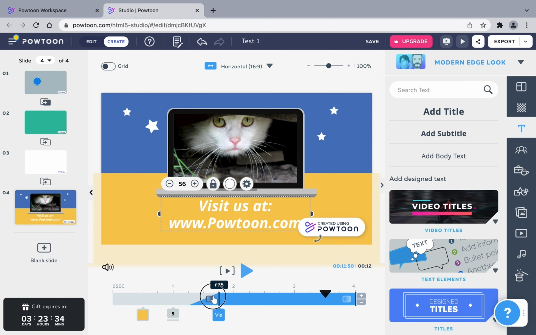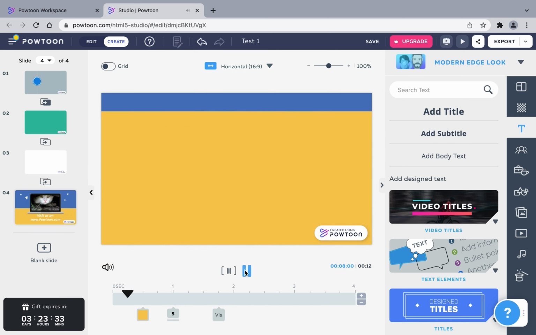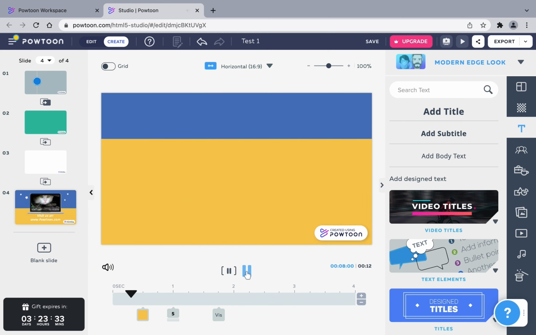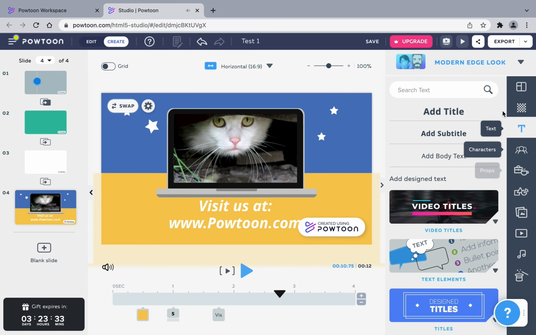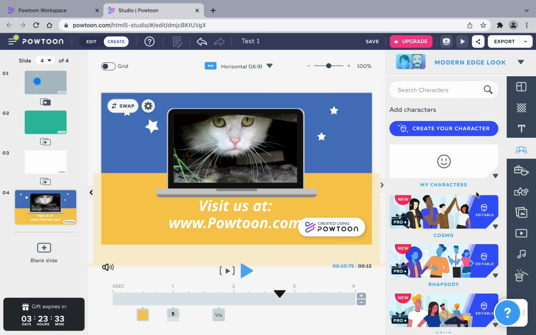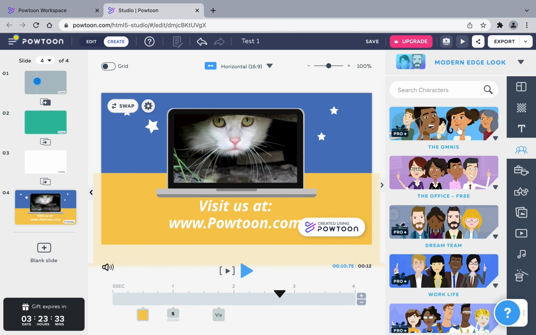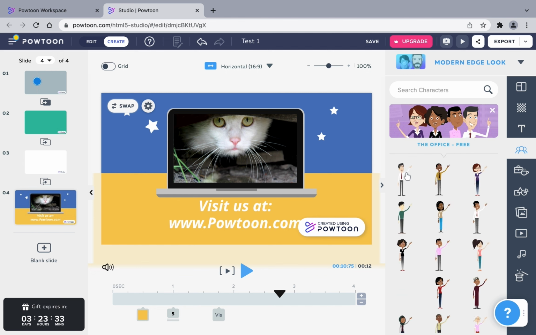For example, I am going to leave the text here as the animation is going to be like, that's okay. Visit us. And finally, I am going to add a character. You can create your own character if you want. But in this example, I am going to use a default one. For example, this one